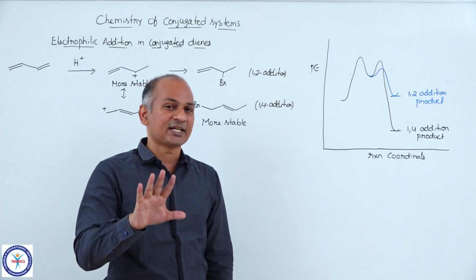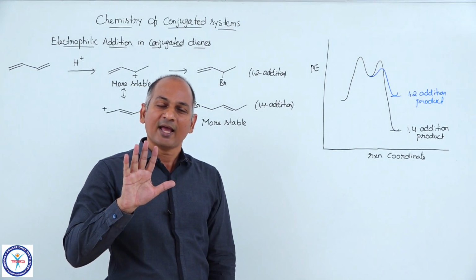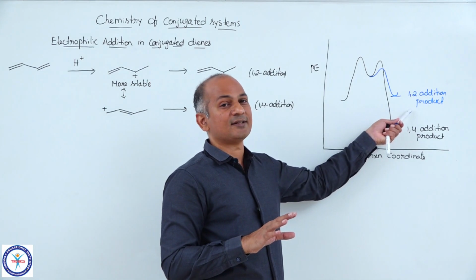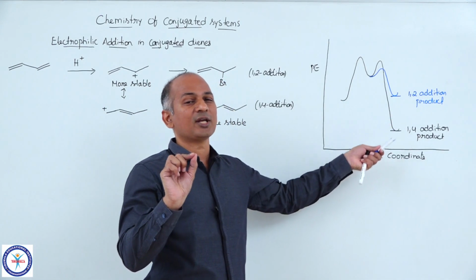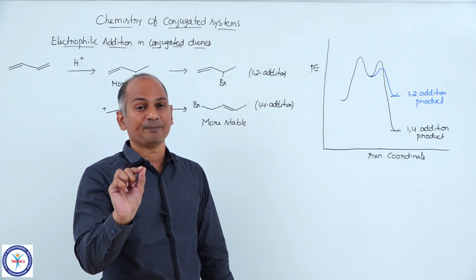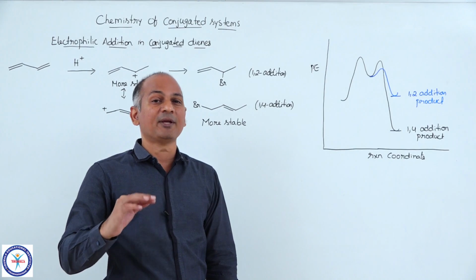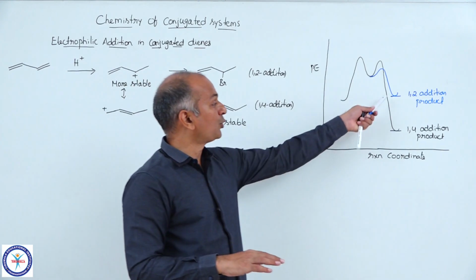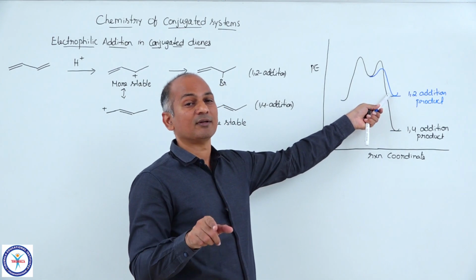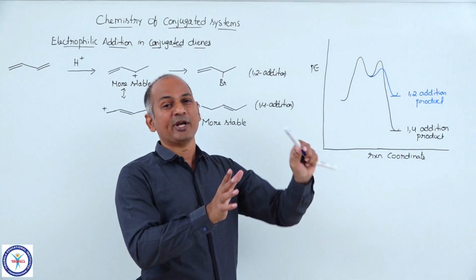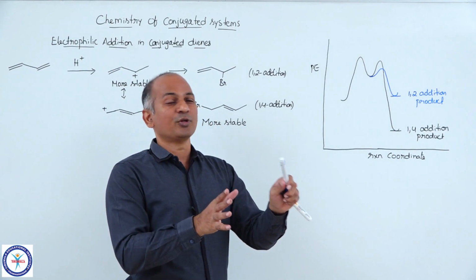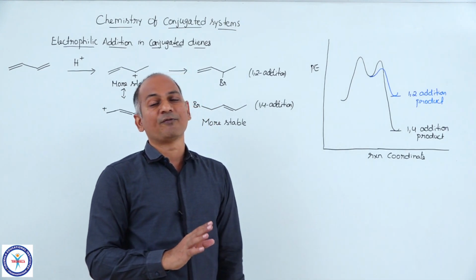But as far as activation energy is concerned, as far as the rate of the forward reactions is concerned, at any temperature the blue colored path is more favorable. And the reason behind the 1,4 product becoming major at high temperature is the 1,2 path becoming reversible. So it is coming back, redistributed, again coming back, again redistributed. So if you allow some time, then you will get the 1,4 addition product.